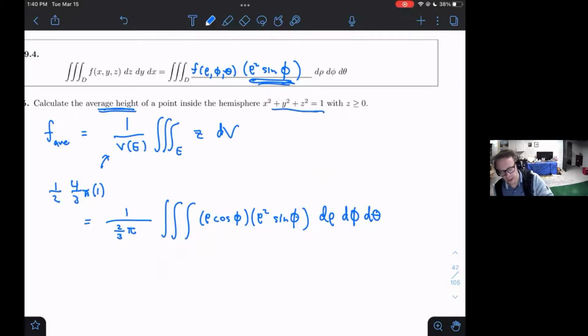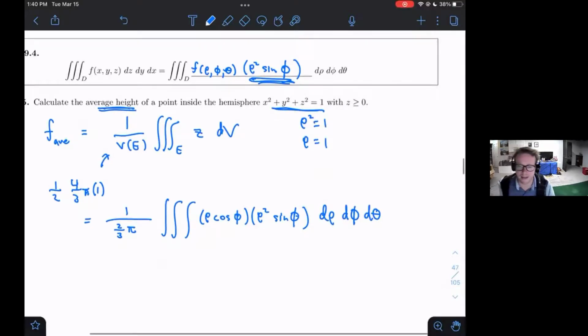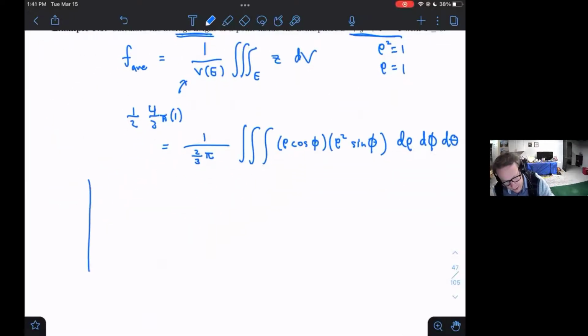Remember, this is the same thing as a sphere of radius 1, or if you'd like, you can put this into spherical coordinates by saying rho squared is equal to 1, or take the square root, and that's going to give rho is equal to 1. If we'd like, we can go ahead and sketch this. So if I want to sketch this maybe first in the RZ half plane,